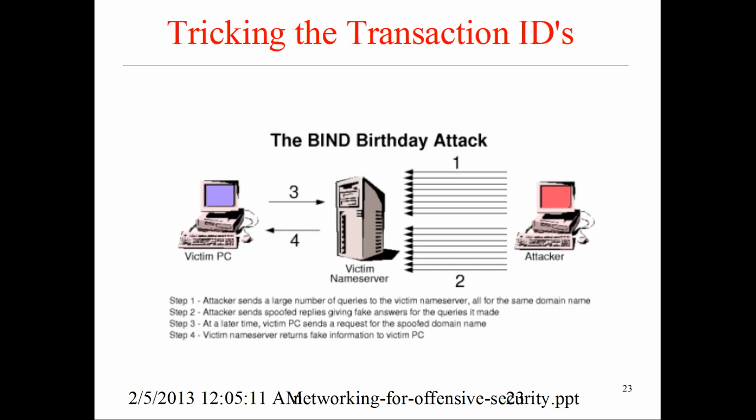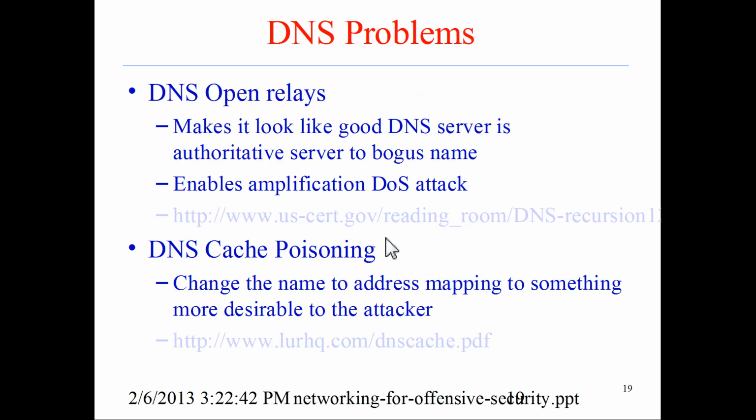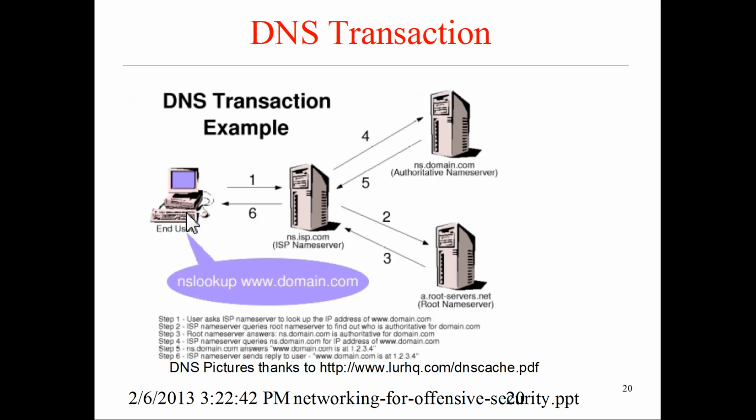Effectively, you send a large number of queries to the victim name server, all for the same domain name, and the attacker also sends spoofed replies from a different IP address, which is going to be the IP address of the root name server or the authoritative name server, saying, hey, this is the IP address for this request. So it's spoofing both ends of the communication here, going back to this slide, between the end